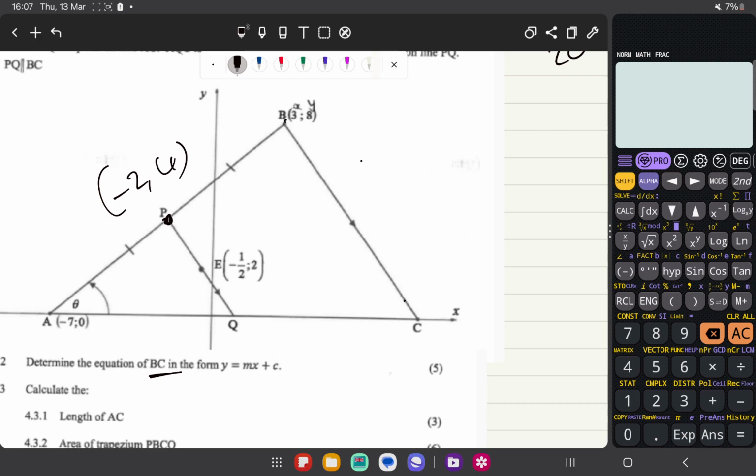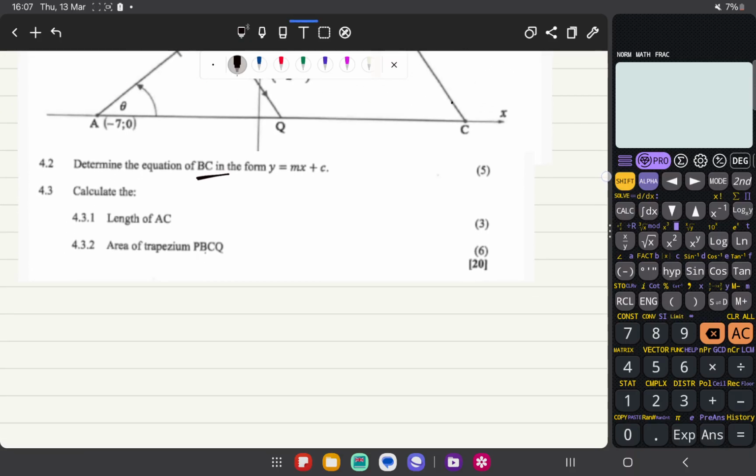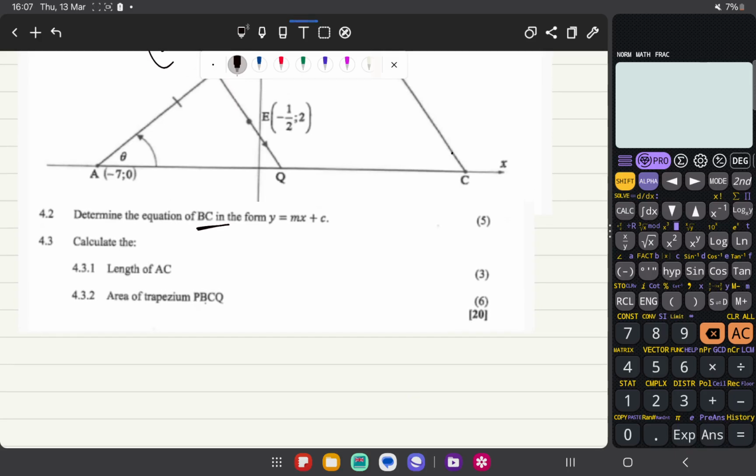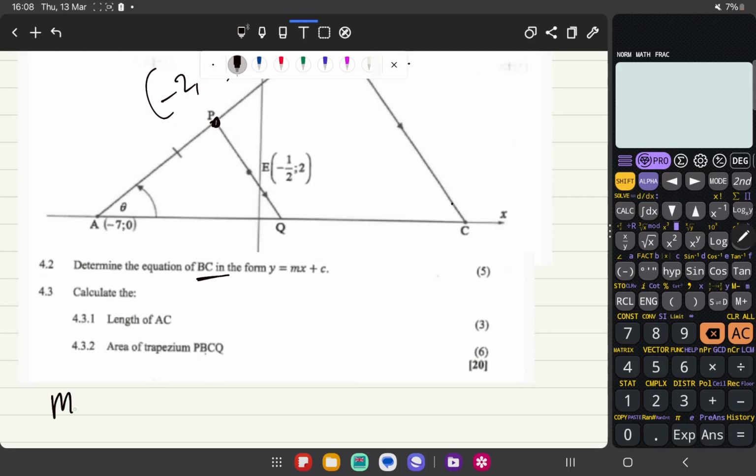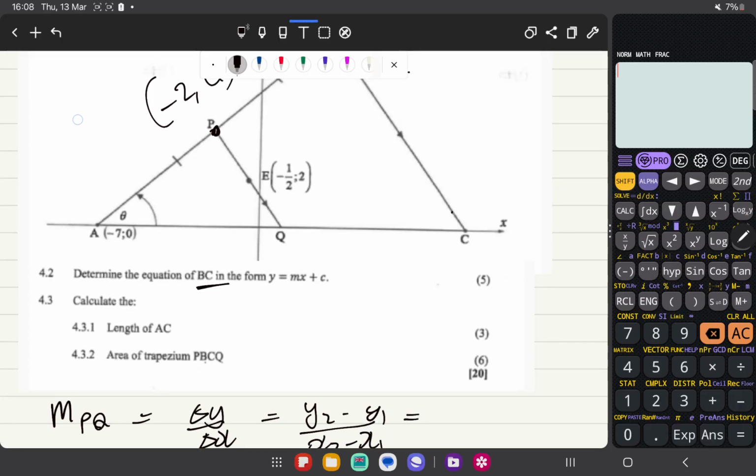I mean, that's the only way in my mind right now. Let me not make the video much longer than necessary, so I'm gonna do just that. I'm gonna say the gradient of PQ equals change in y over change in x, y2 minus y1 over x2 minus x1. That gives me